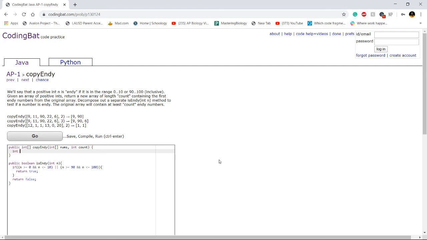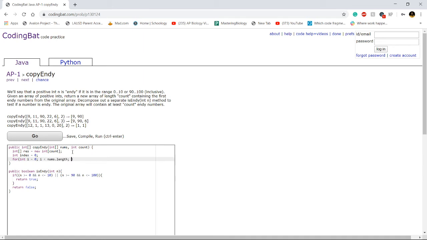So now we're going to have to create an integer array. I'm going to name mine res for result, to store the isNy numbers. And we know this is going to be count long. There's going to be count amount of rooms within this array. Oh, also, just like the previous problem, we're going to need an index to track the location. For the explanation why, you can check out the previous video, and I'll explain it one more time later. Okay, so we want to start at index 0